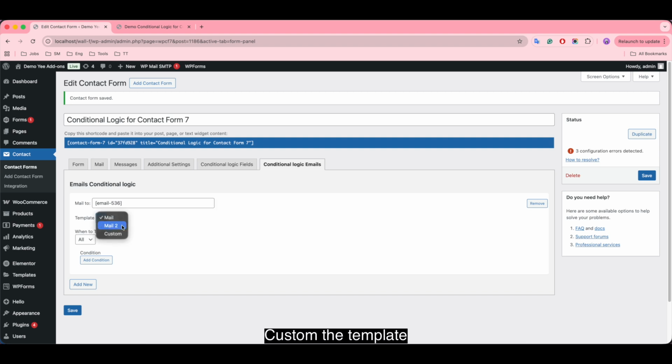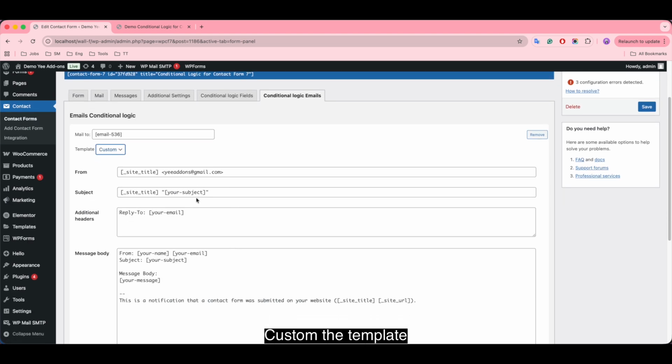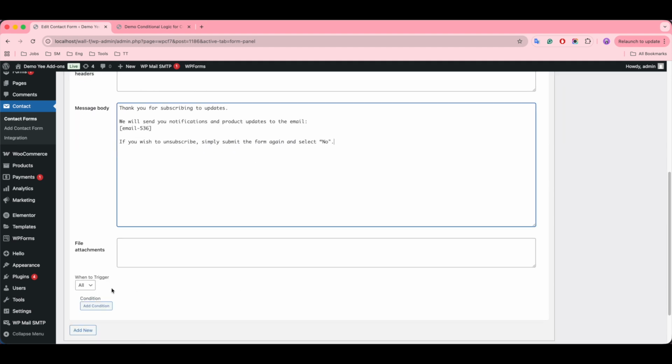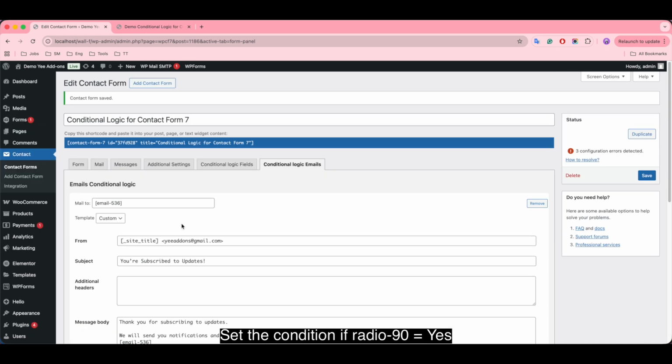Customize the template. Set the condition: if radio 90 equals yes.